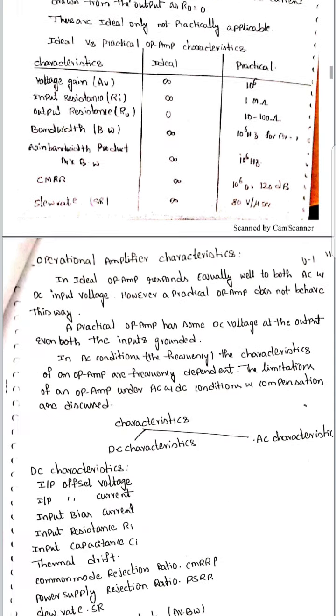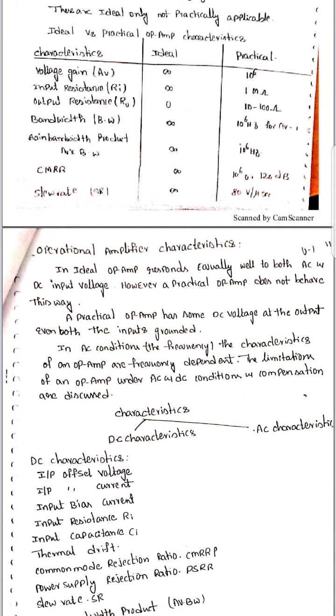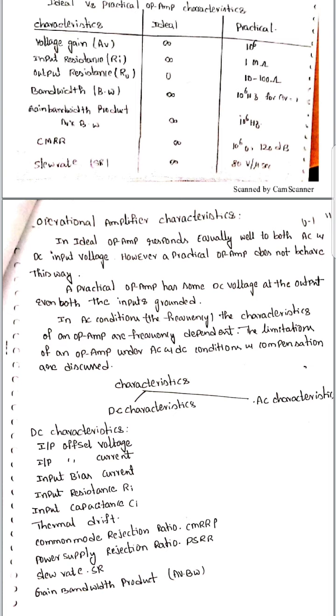Ideal versus practical amplifier characteristics. This is the characteristics, ideal and practical. In voltage gain, ideal characteristic is infinity, practical is equal to 10 to the power of 6. Input resistance Ri is ideal infinity, practical 1 megaohm. Output resistance R0 is ideal 0, practical 10 to 100 ohms. Bandwidth is in ideal infinity, practical 10 to the power of 6 hertz